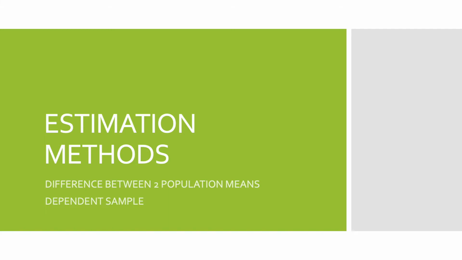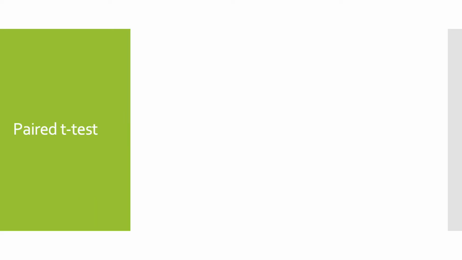Now we continue again estimation method for the difference between two population mean for dependent sample. Previously we already looked into the independent sample. Now we look into dependent sample. The test we call as paired t-test. So there are three things that you need to